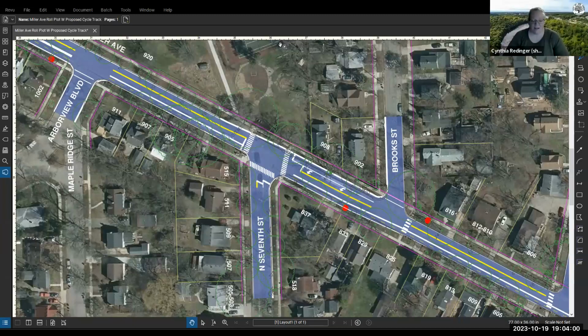It really goes back to policy, and that these projects are implementing policy, and our transportation plan calls for an all ages and abilities bicycle facility on Miller. And well, what does that mean? That's a lot of words. And what does that mean?